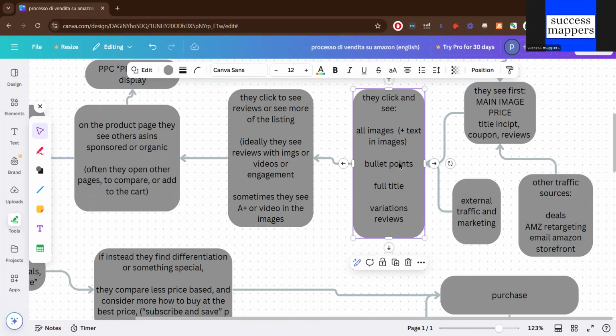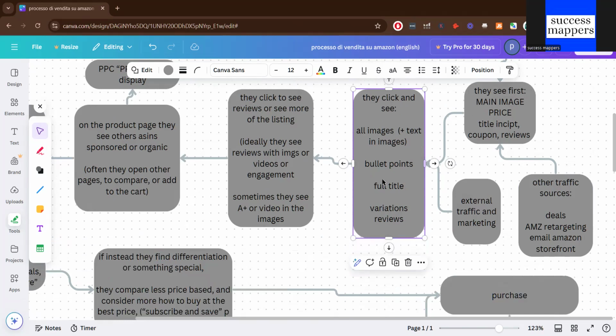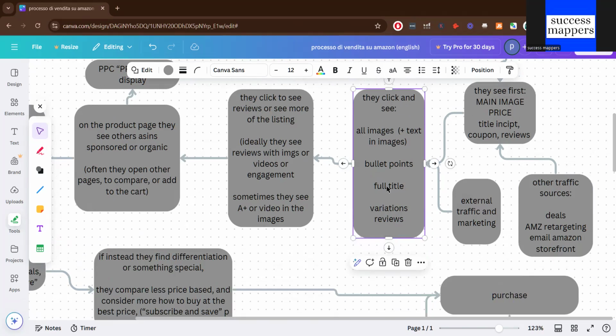So optimize all the images, and implement the right text in the images. How can you optimize the bullet points? So the message and also the text in the bullet points. Also there is the SEO. SEO is very important to get onto the product page. SEO is a tool that you usually optimize to get onto the first page and the product page. So here it is mostly about how you can convert the human viewer